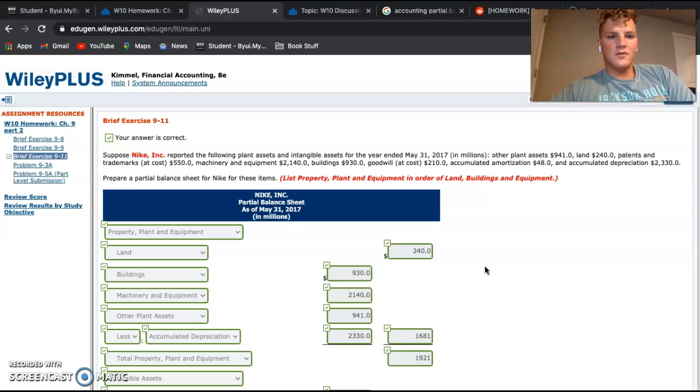So today in week 10, I'm going to go ahead and take you guys on a walkthrough through exercise 9-11. Okay, so just to read this real quick, it says, suppose Nike Incorporated reported the following plant assets and intangible assets for the year ended May 31st, 2017. And as usual, this is in millions of dollars. So we have our other plant assets, land, patents and trademarks, machinery and equipment, buildings, goodwill, accumulated amortization, and accumulated